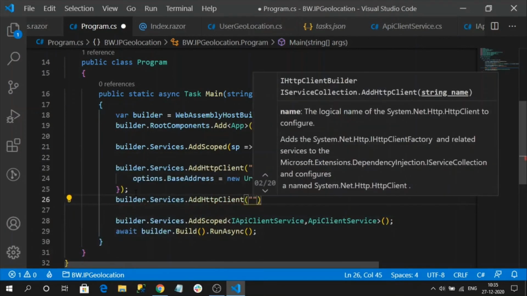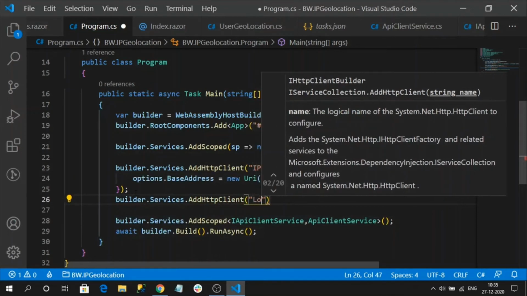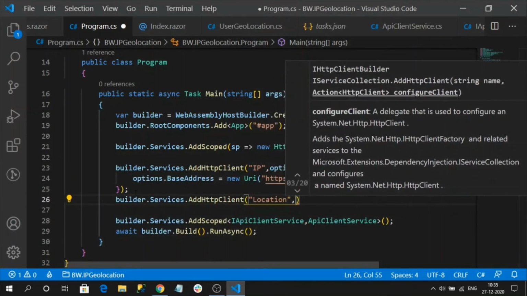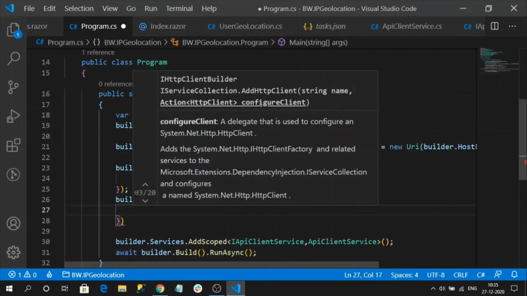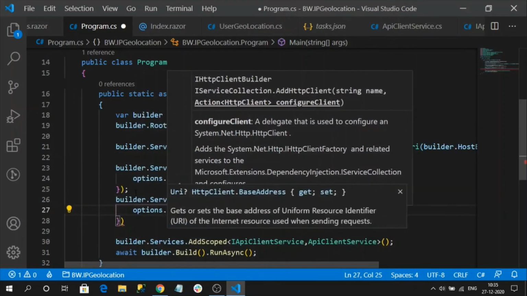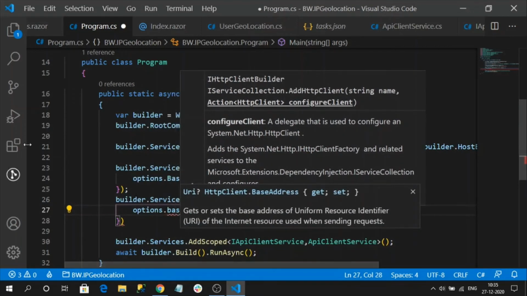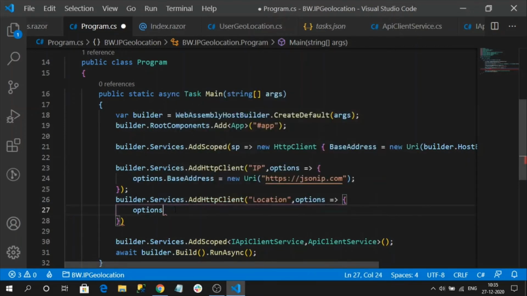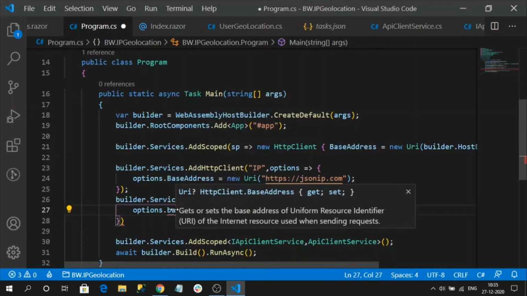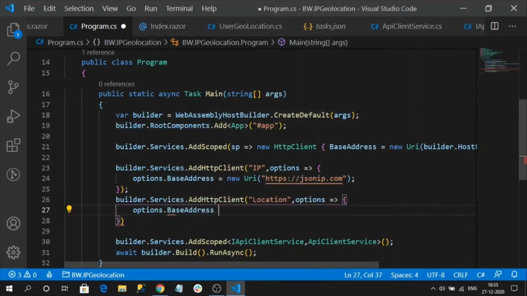Now I am going to name this HTTP client as location. In options, I am going to register my base address.